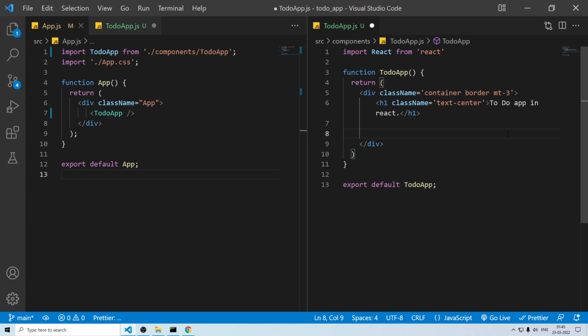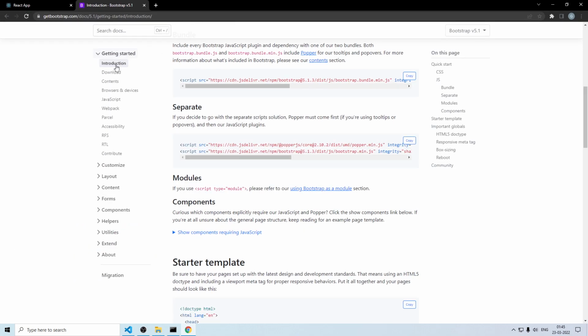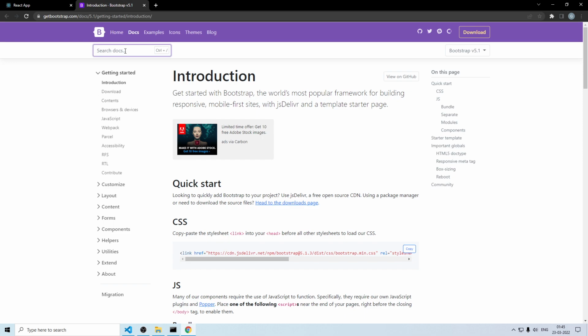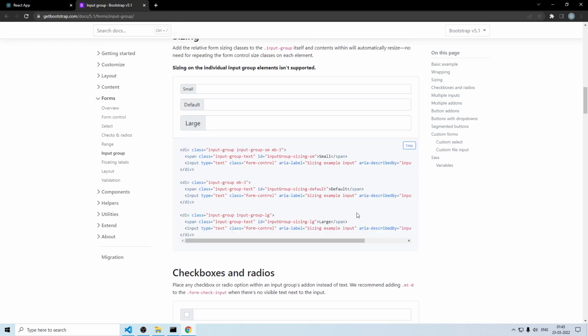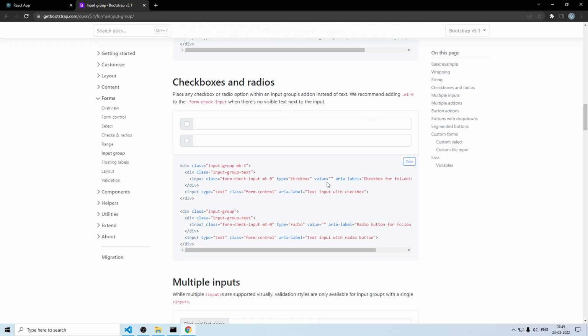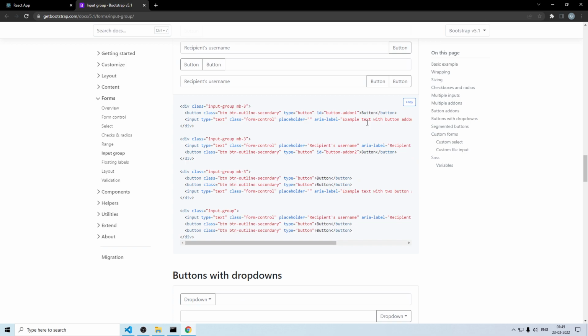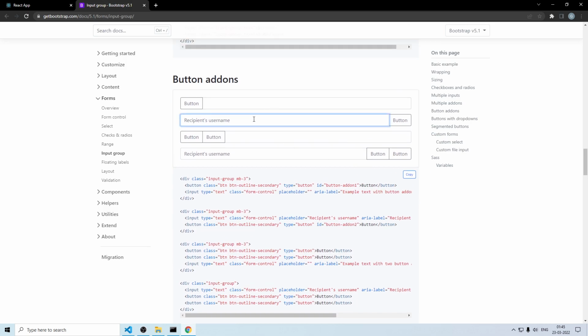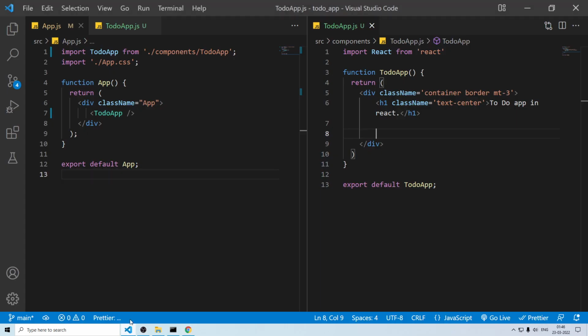Now after this h1, I want to have an input field. So let's do one thing. Let's go to our Bootstrap code, and let me maximize this screen. Here you just have to select input, something like this, and choose any one type of input field whichever you like. Here we have the small, we have the large, and here we have inline styles with multiple inputs and everything, but all we need is only one thing, which says here like this: we have to enter the task and click on this button, so that when we click on this button, whatever we type here becomes a list object. So let me just copy this whole division itself,